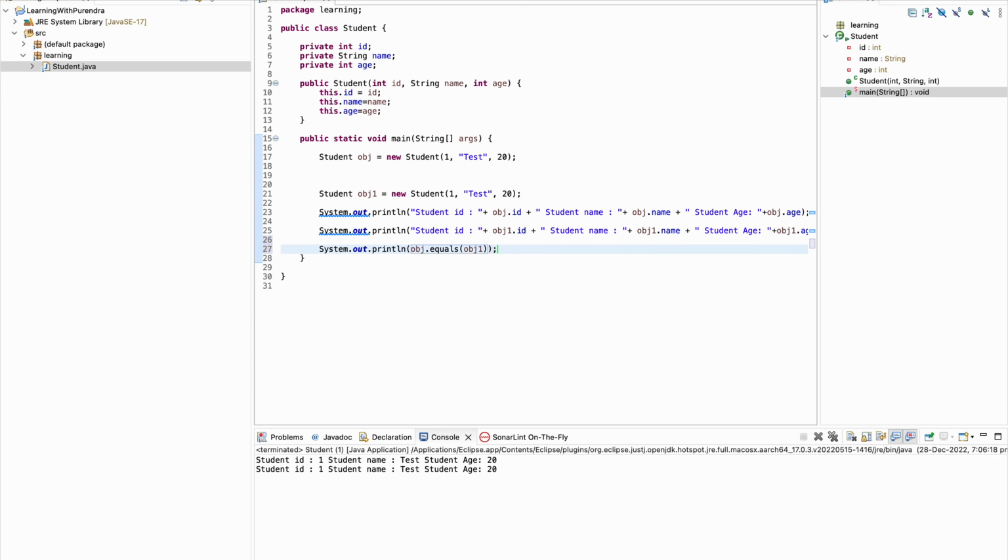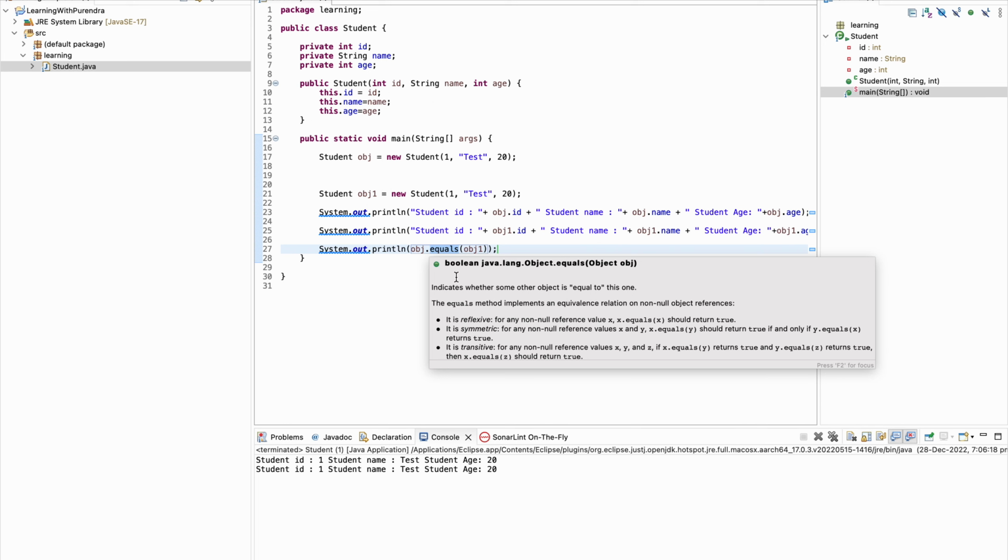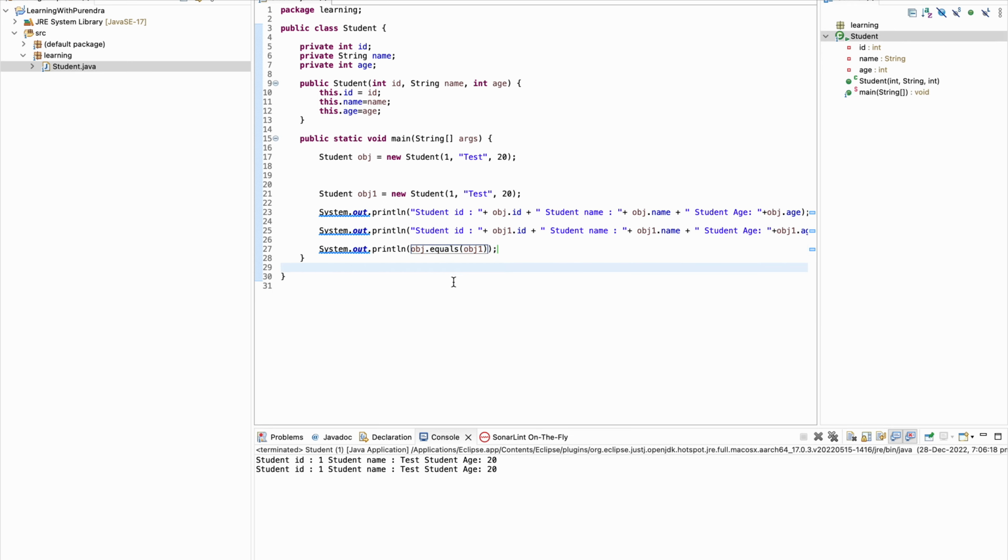Now pause this video for 2 seconds and tell me the output of object.equals(object1). You know that equals is a method of the Object class, where it compares the objects. So what would be the output of this equals?